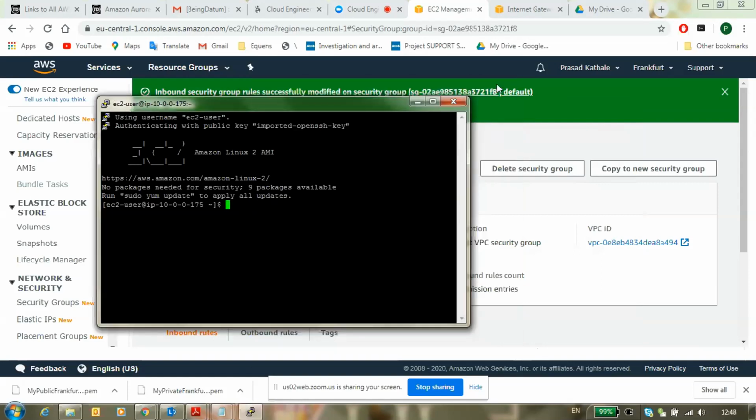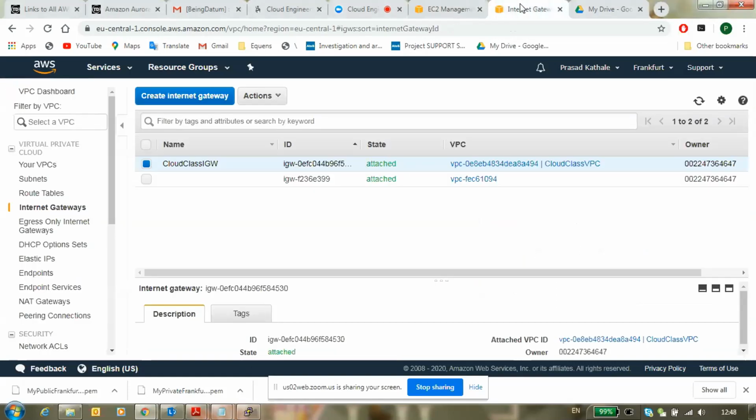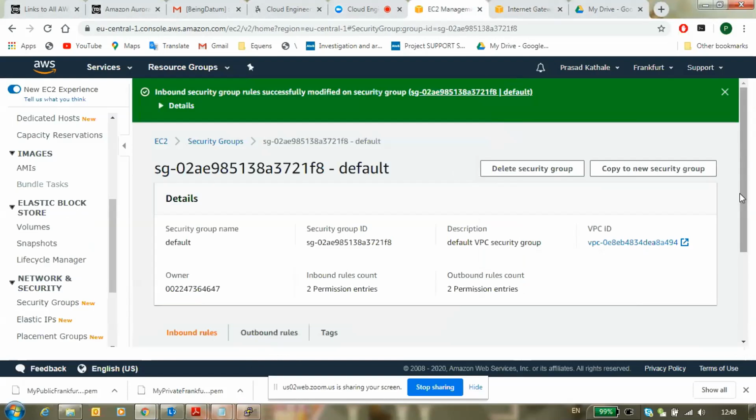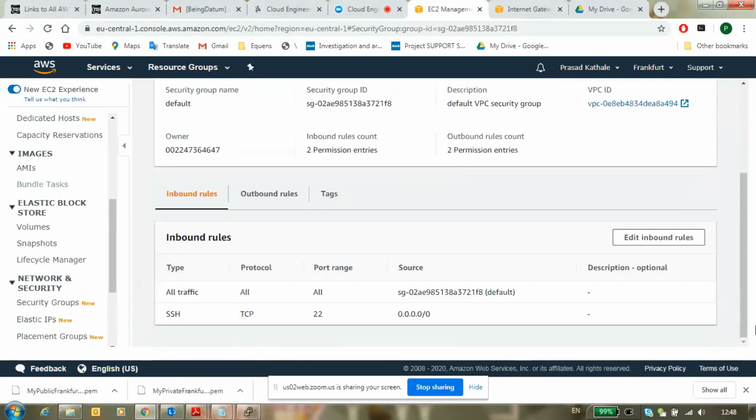So what was the issue? All traffic security group should not be all traffic. SSH should be there, right? SSH is a different thing. It will allow the connectivity. All traffic security group is that whatever the network traffic and network protocols related things are there, that should be